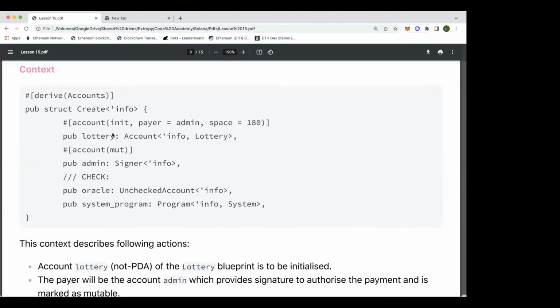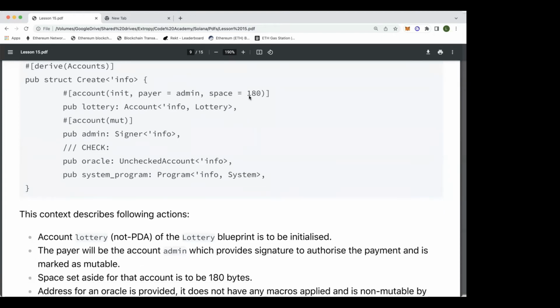We want to create some details. So here we're saying we want to create an account, and we're telling it how much space that account is going to need,